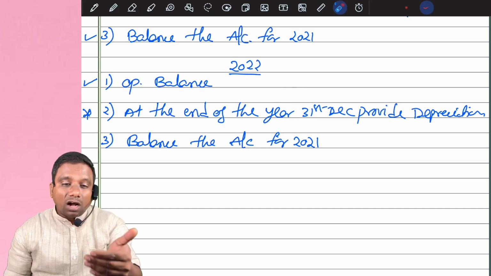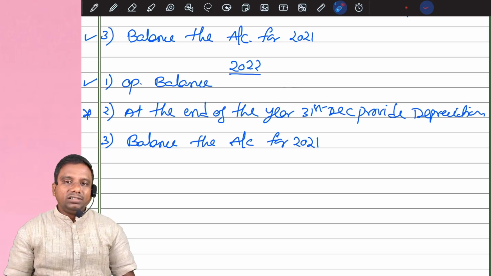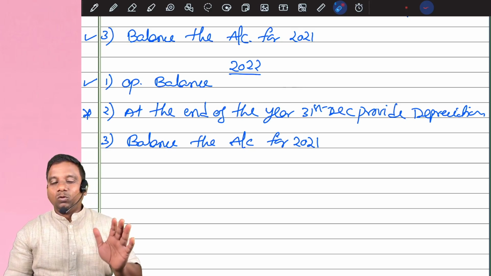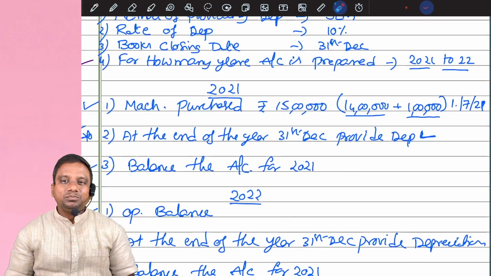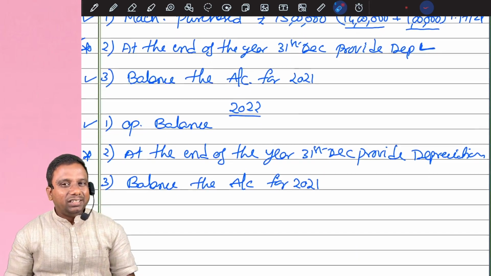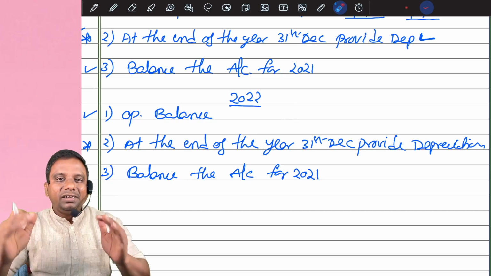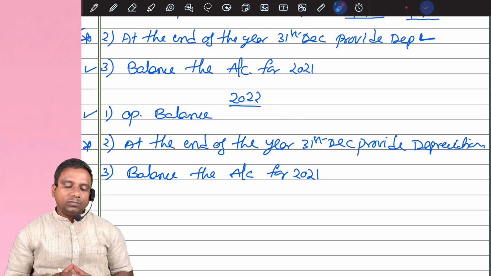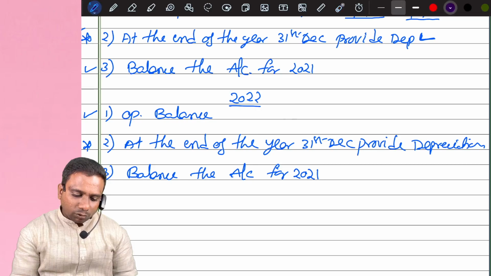From the second year onwards, we charge depreciation for the full year. Why? Because we have the asset from the beginning of the year. But in the first year, we have the asset only from 1/7/2021. Is it clear? Okay, sir. Depreciation is calculated and the entry is also recorded. Now, at the end of the year 2022,